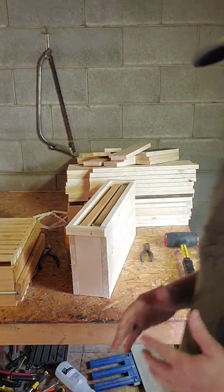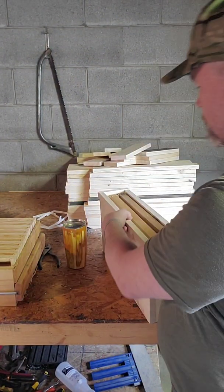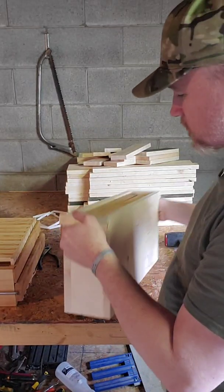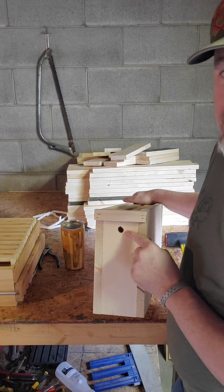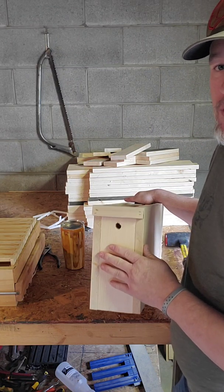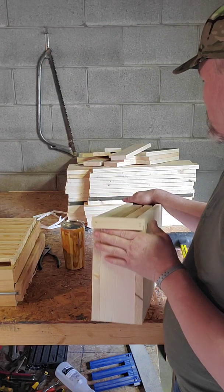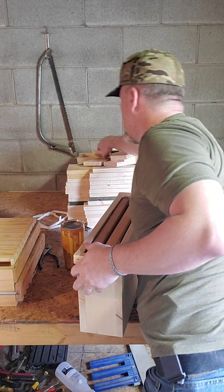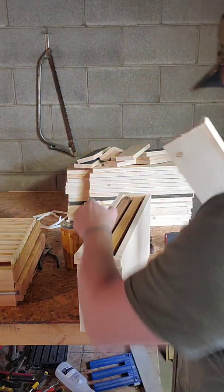So anyway, that's all part of the process, right? We've got some entrances drilled into them. I'm sorry, these aren't entrances. These are vents. We're going to cover those up with screening. This just allows the bees to have air circulating. We actually have bottom boards that we have built specifically